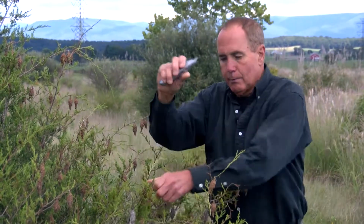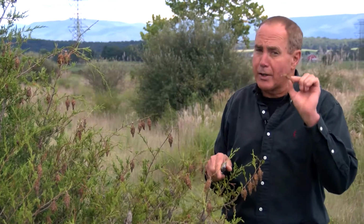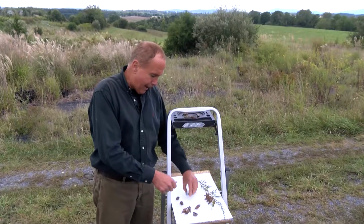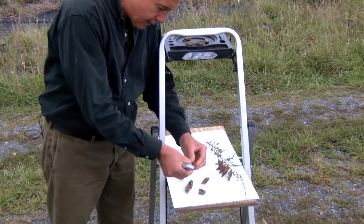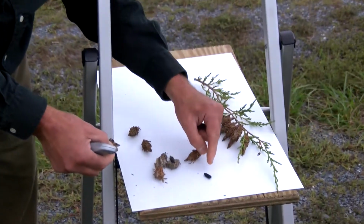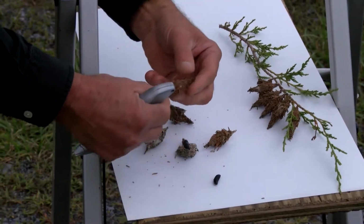Now sometimes I like to use a razor very carefully, and you just come in and you remove them. Now you got to remember, this silk is really strong. It's really tough. Here's an example of where 7 caterpillars hatched out and stayed pretty close and fed on this juniper. Now if we look at these bags closely, I have opened some up already just to give you an idea of these have not hatched out into moths, but if you look carefully, you're going to see some movement because they're alive,